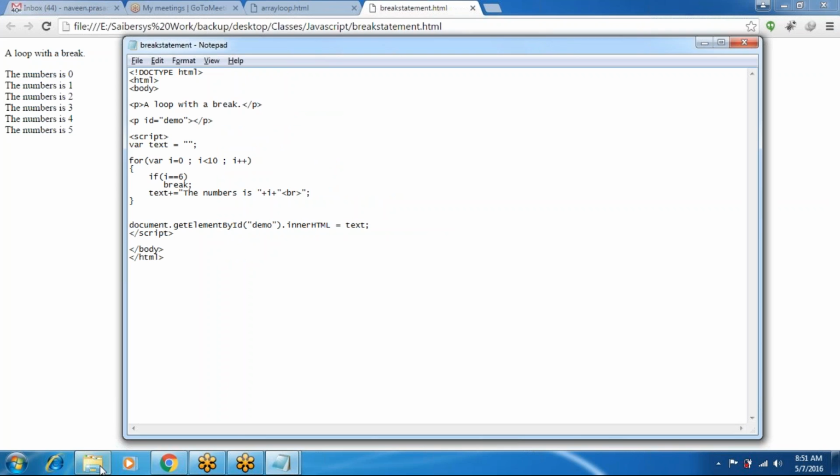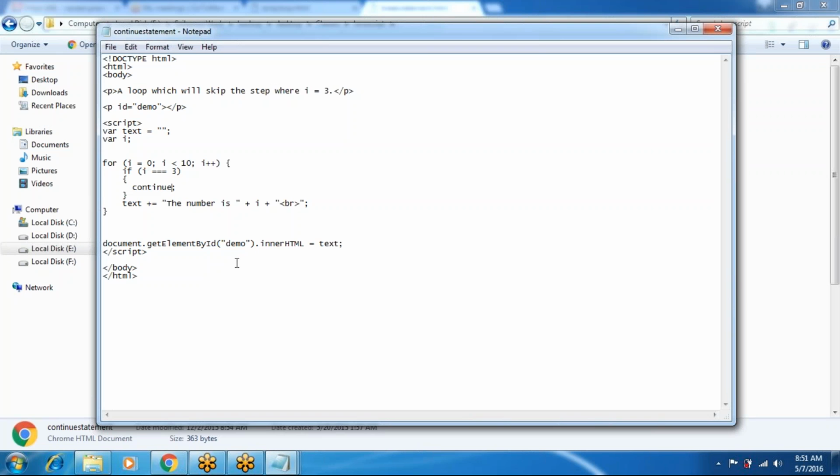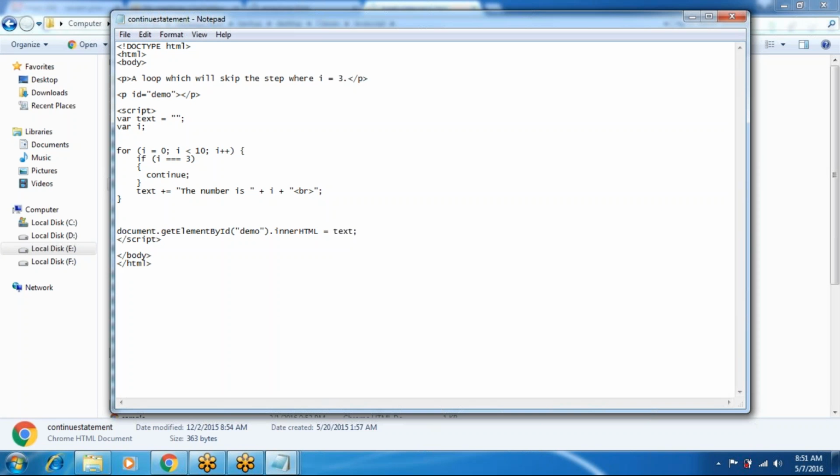Like this, the continue statement. In a for loop we can continue the statements after the condition is successful.